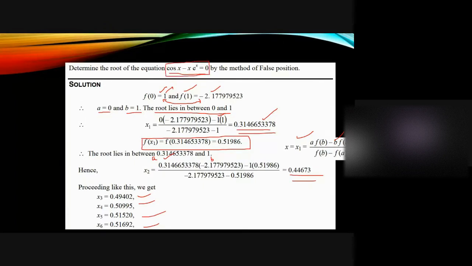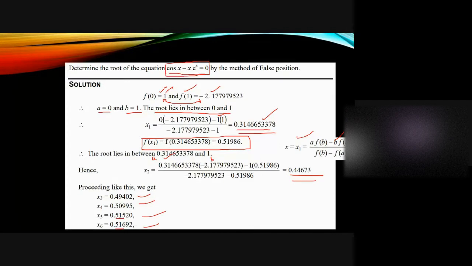That is the solution for cos x minus x into e raised to x equal to 0; it is satisfied when you put x is equal to 0.51692. So when to converge? That is the description of the person who solves this problem. Normally, the number of digits can be told in the question paper. Here we have followed the first 2 digits, 51 and 51 are matching. So we have converged in that way.